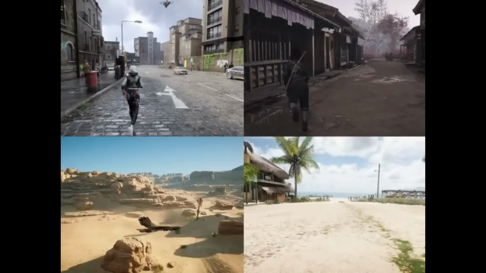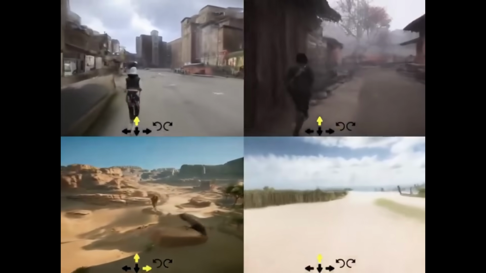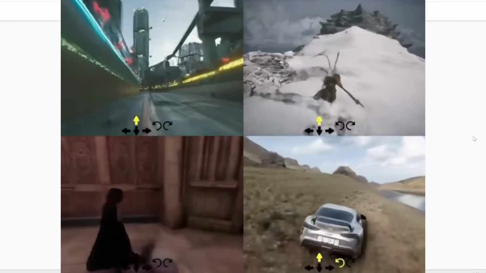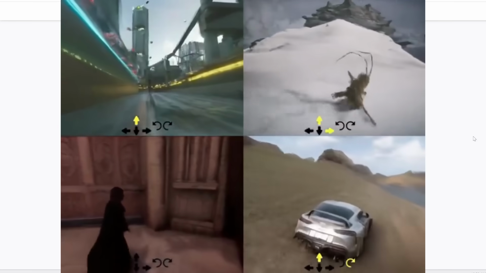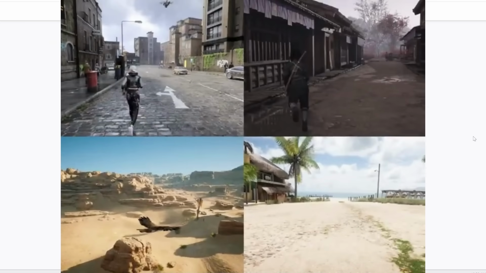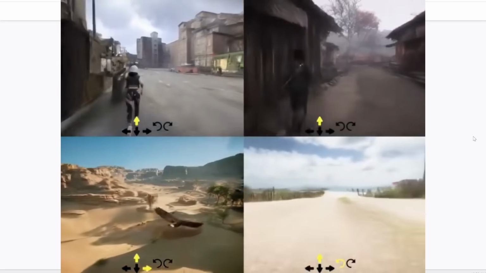It just needs to take in one image as the initial frame, plus you can add a text prompt or even press a game controller to control how you want the action to pan out. From this, it can output a really realistic and accurate generation of the gameplay. Specifically, it's really good at understanding physics and lighting and character movements.